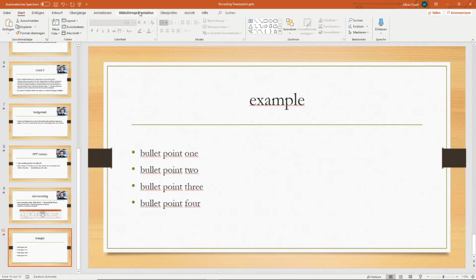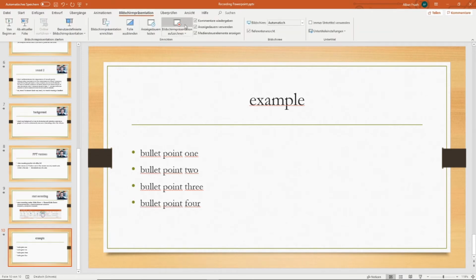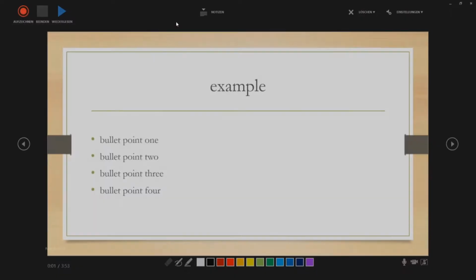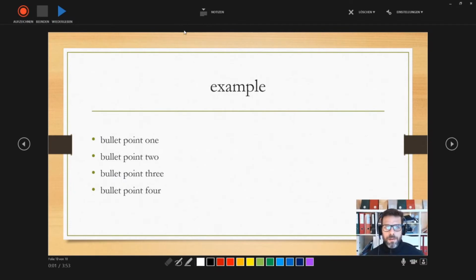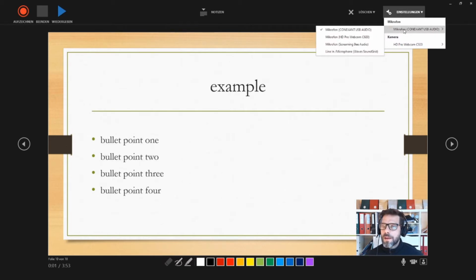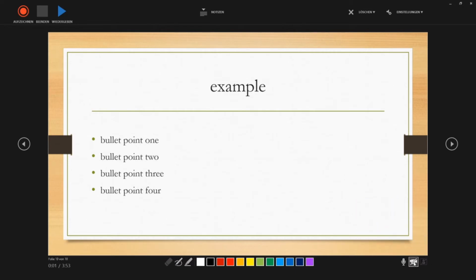So we go in the main menu to Slideshow and then Record Slideshow. And once we are in the recording window, first we verify that the headset is chosen as microphone input and the camera of your choice is selected as camera. Then second, down here, we verify that neither the microphone nor the camera are muted, as I do mute the camera right now. I unmute it,